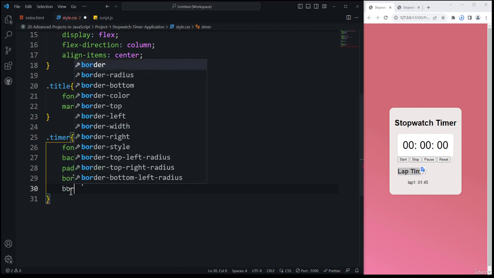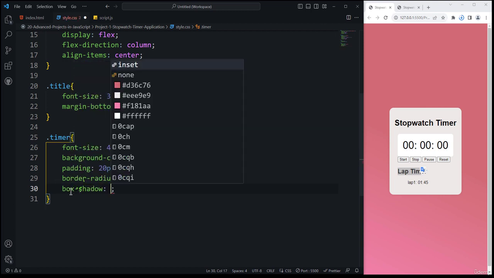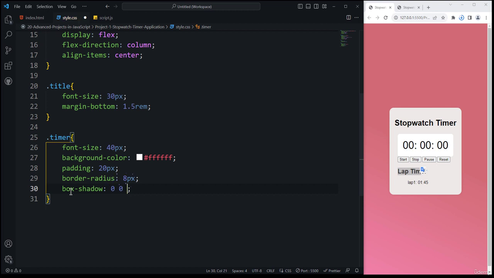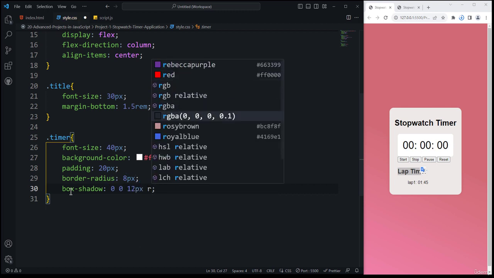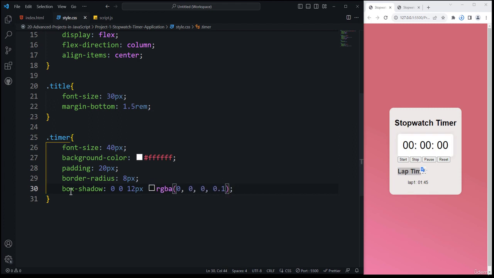After that, we need to apply the box shadow property. So here I will be applying the box shadow 0, 0, and then 12 pixel is going to be the blurriness. And then I will be using an RGB value, which is this particular one. You can see now the box shadow is applied to the timer. And after that, I need to apply an animation, but for that, we need to create the pulse animation keyframes. So I will be creating the pulse animation keyframe by using the @keyframes,